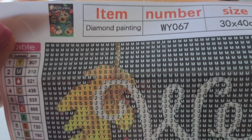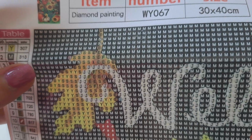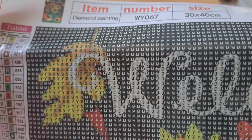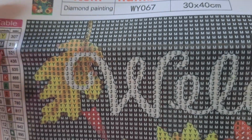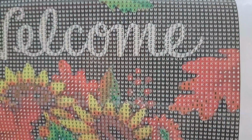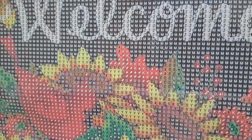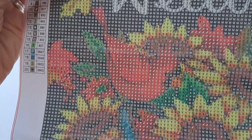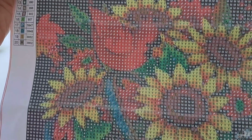And there you can see the drill field is very clear. M is in the background, which is 310. And it looks like the lettering is going to come out really well. And there is a pretty good amount of color blocking and a little bit of confetti I see, but as